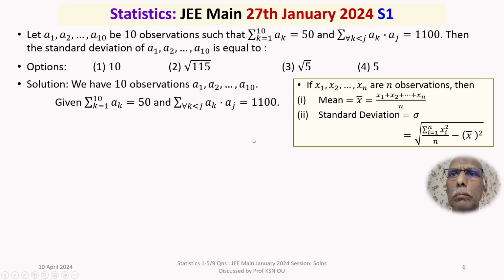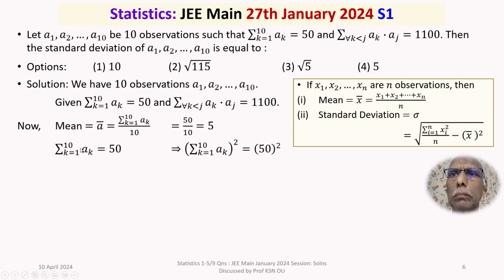Right. So to talk about the standard deviation, we first of all want x bar, the mean. So a bar is equal to the sum of ak, k equal to 1 to 10, by 10. The sum of the observations is 50 by 10, that is equal to 5. That is the mean of these 10 observations. Right. Now we have the sum of the observations, that is the sum of ak, k equal to 1 to 10, is equal to 50, and we want the sum of